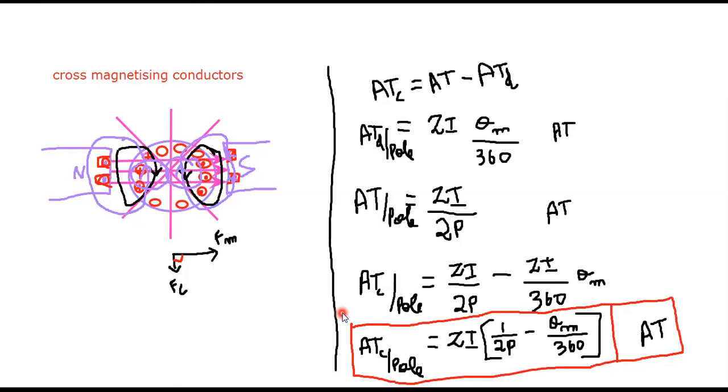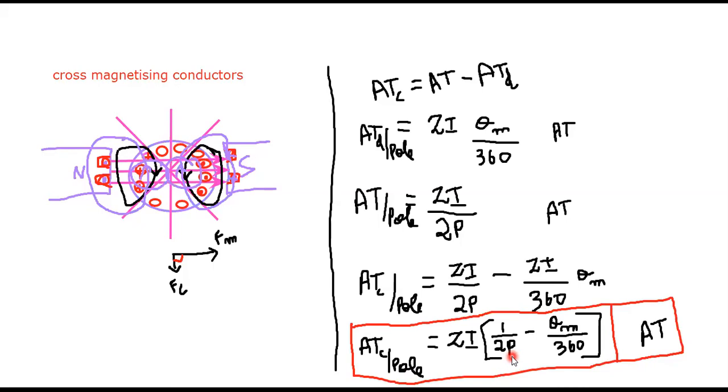If any problem arises to solve, suppose you consider it as 4 pole, just replace the number of poles value P as 4. If it is 6 pole, replace P by 6. If it is 2 pole, replace P by 2. So that will be quite easy for you while solving the problem. That is why I am mentioning here every time as per pole. It is a very, very important consideration while solving the problems, right?